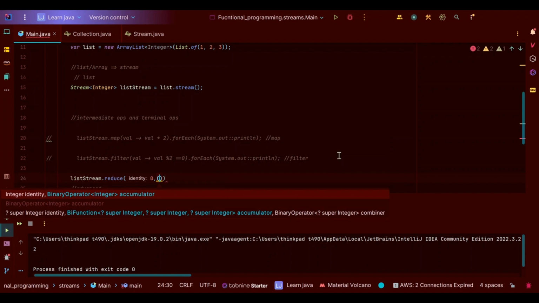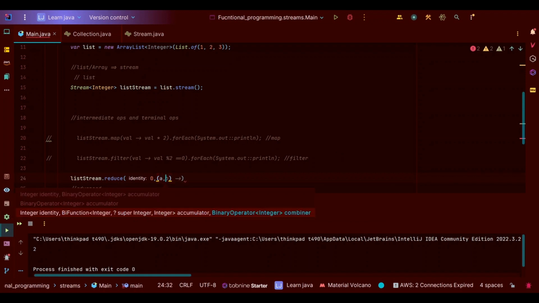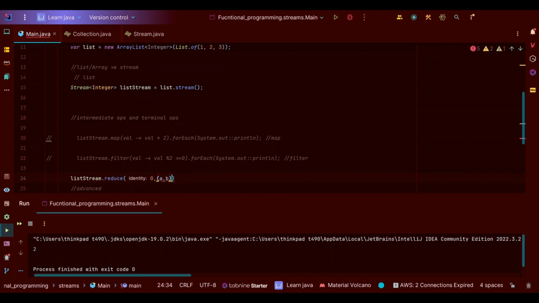For our example, it's the values in that list. So what we are going to do with those values, we'll sum them, and here we can use method reference,